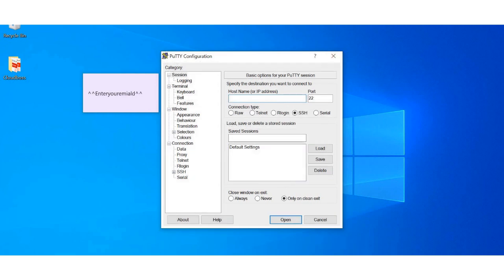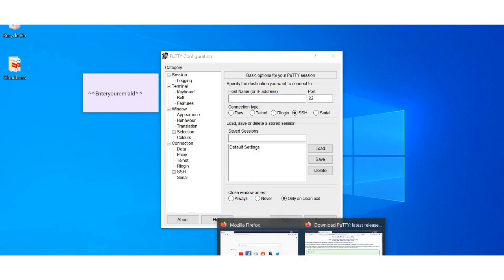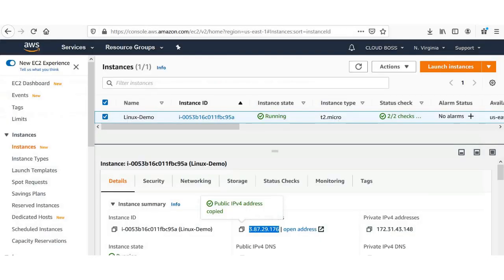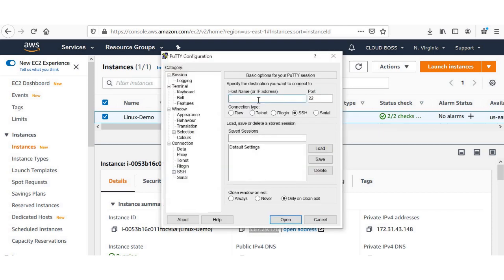Just go back to your instance right now. See here, just copy your public IP address here, come to the Putty terminal and just paste your IP here.